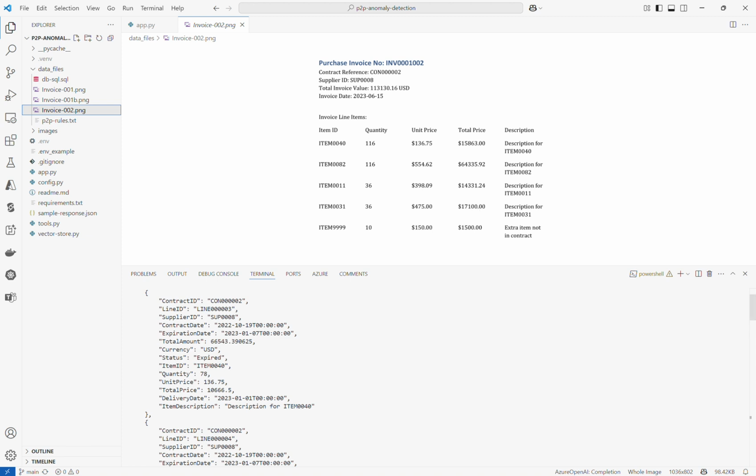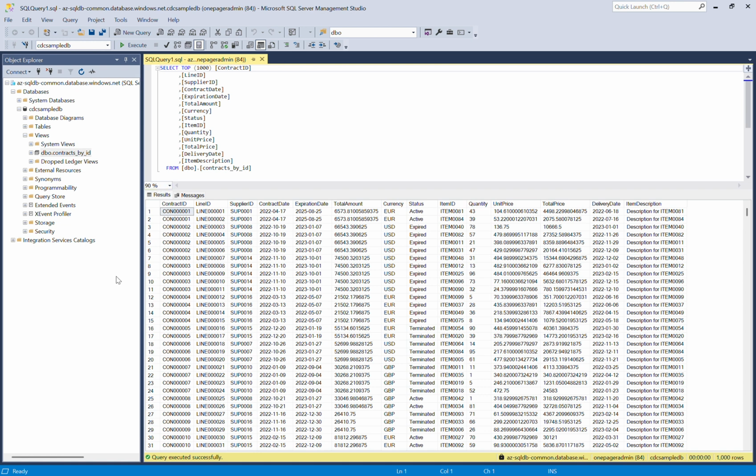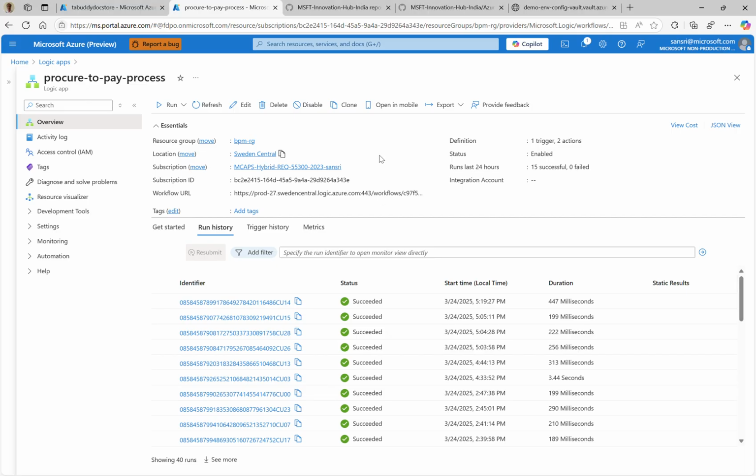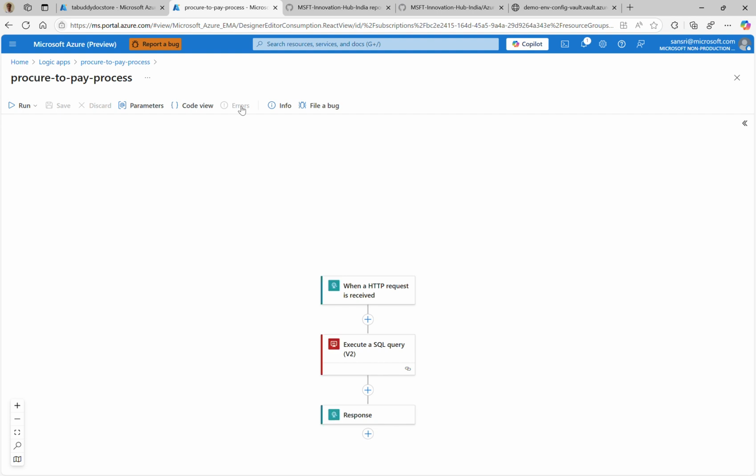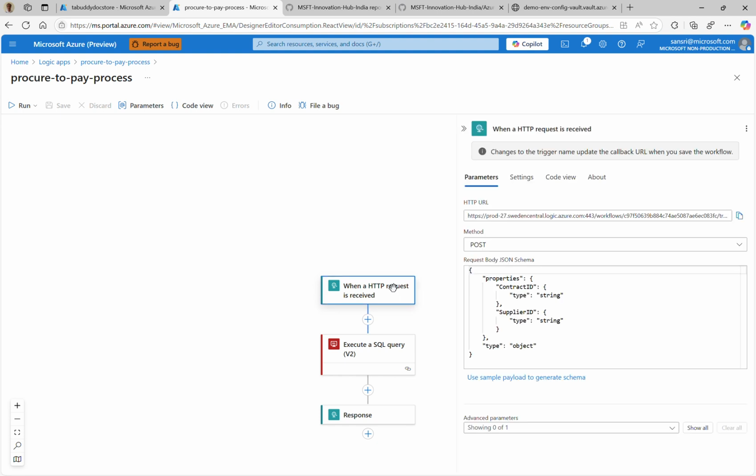So in this case, I have the contracts information in an Azure SQL database. So both the headers and lines information is available here. And this information is accessed through an API, through a logic app, which is what you see on the screen. So this is what the logic app is: a business process orchestration tool on Azure, which in this particular case,